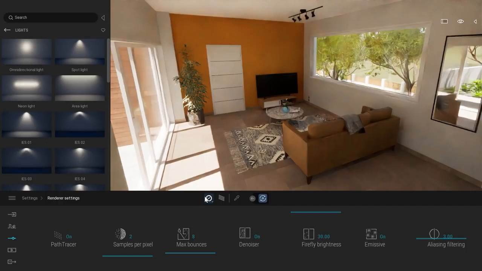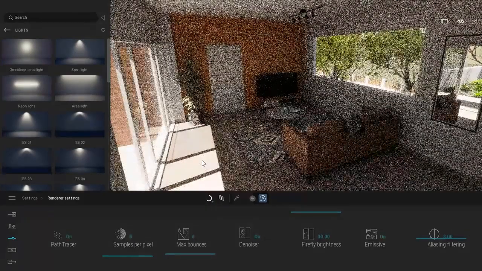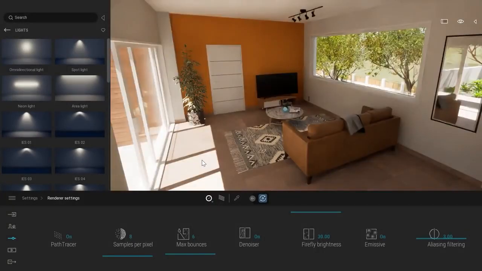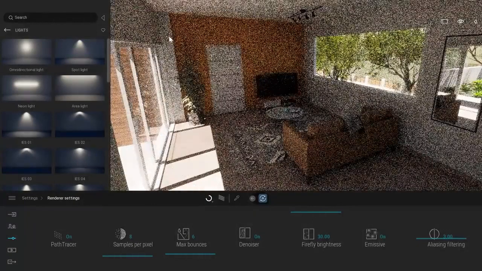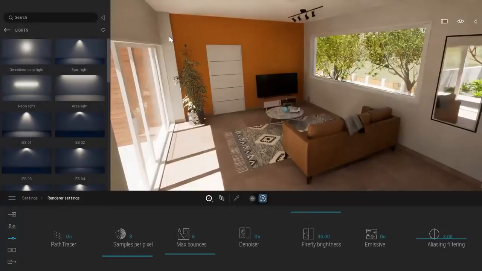When working in the viewport, what I like to do is work in either low or medium. Low or medium give you a pretty quick look at how the final image will look, but still it's a bit blurry, and you have some blobs of light leaking. For example, if you look at the lighting, it's not that perfect. But in the viewport, when you are navigating, prototyping and changing materials, it's perfect.